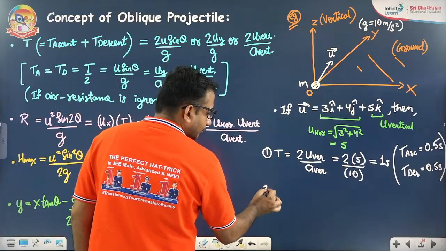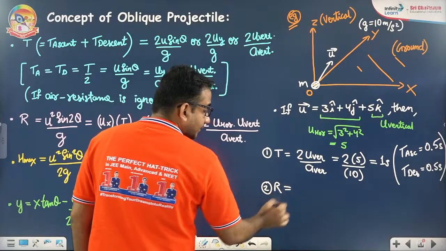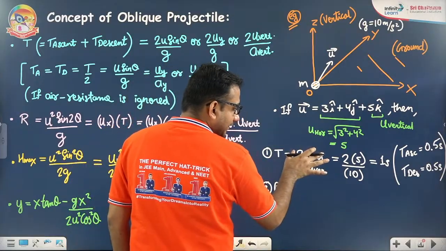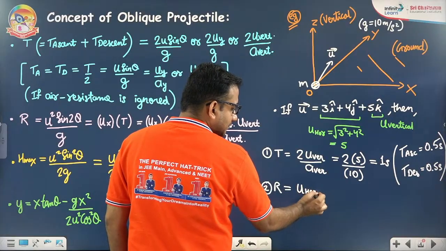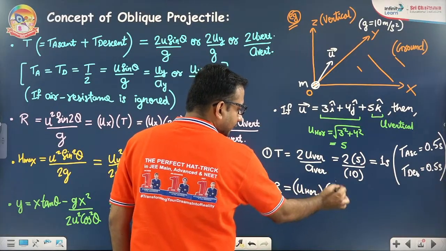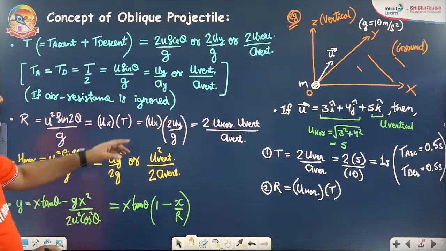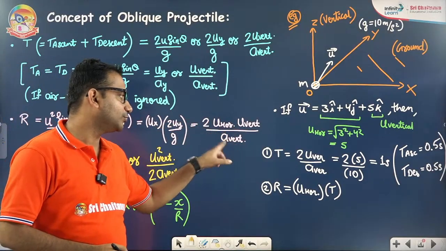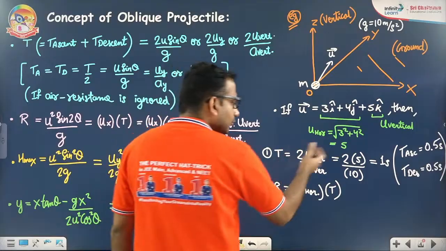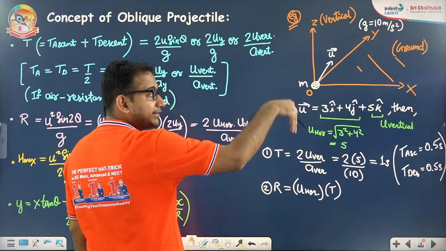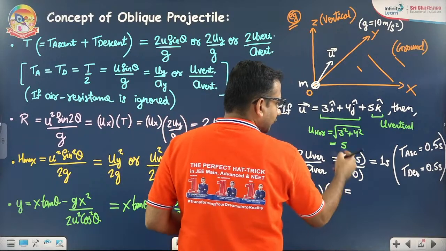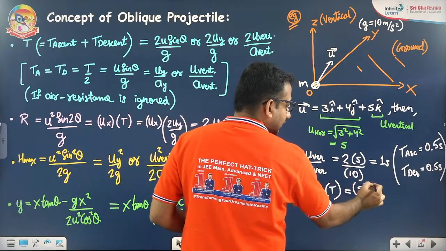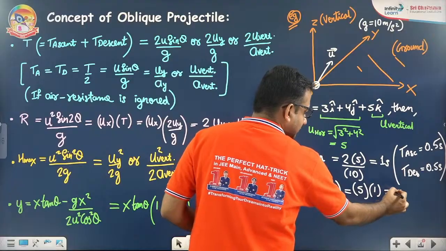Okay. Number two, if they are asking range, then whatever the time of flight is, you can simply multiply it with u horizontal, ux, that is u horizontal into the time of flight. Or you can again start the process by writing it as twice of u horizontal, u vertical by a vertical. But that we already know, time. So just multiply the time of flight with the horizontal component, you will be getting the range. So horizontal component, you got it as 5, the time you got it as 1, and hence it is 5